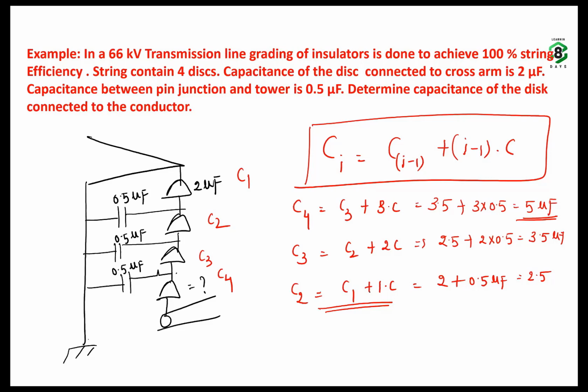So here what I want to convey is that grading is not practically done. Why? Because industry always prefers identical things. Here mathematically you can calculate, I want a capacitance of 3.5, 2.7, whatever, on the board by your mathematical analysis. But in the market, you may not get a disc with that much capacitance. Market always manufactures some specific ratings.